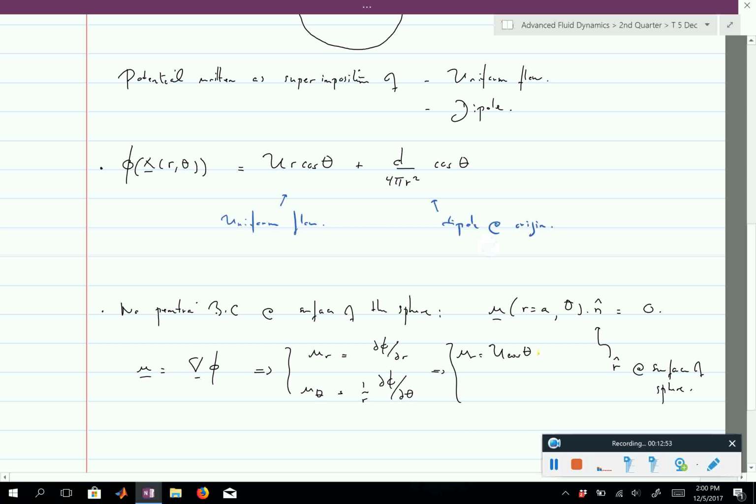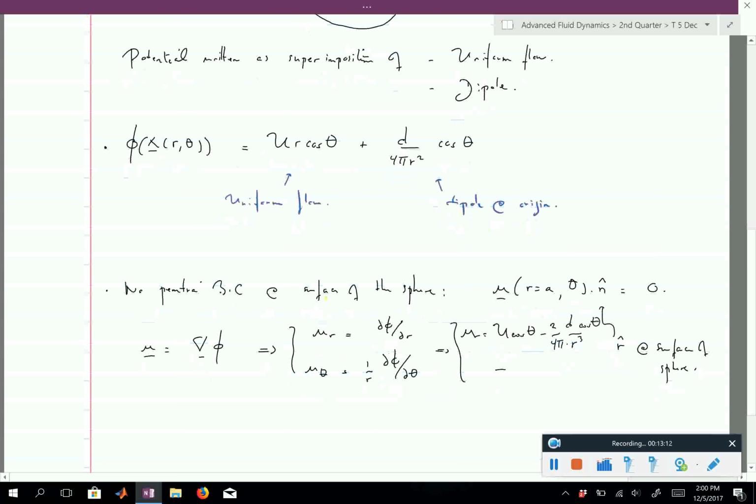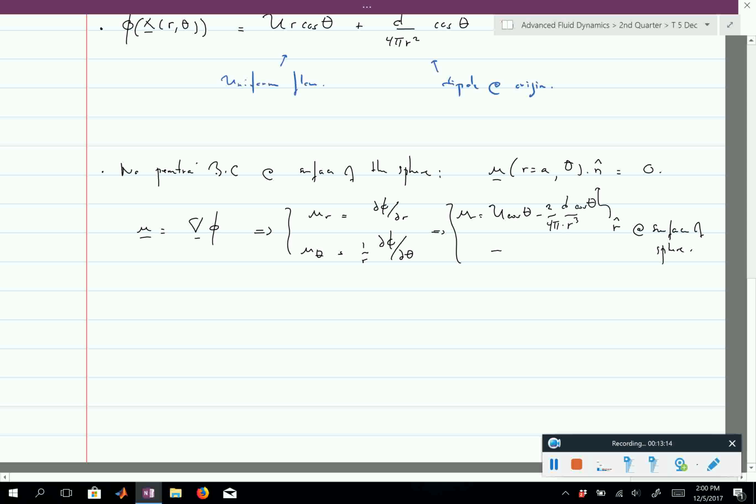Okay, so I get minus 2 divided by 4 pi, I have a d over r cubed cosine theta. And u theta, you could compute it, but it's not necessary, so I will just not compute it. So again, my radial component, once you simplify, is u cosine theta minus d divided by 2 pi a cubed